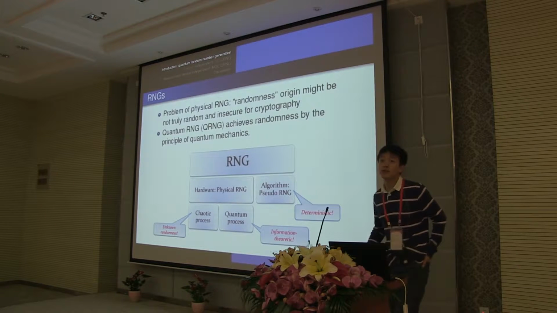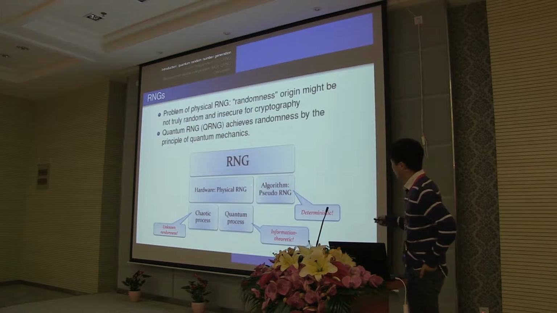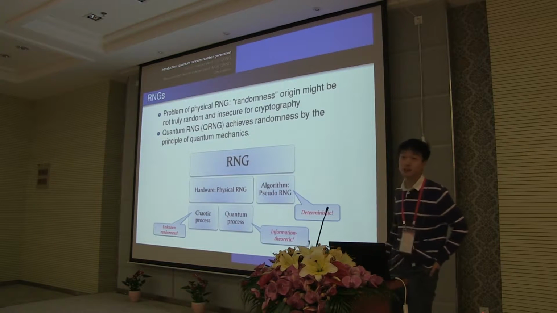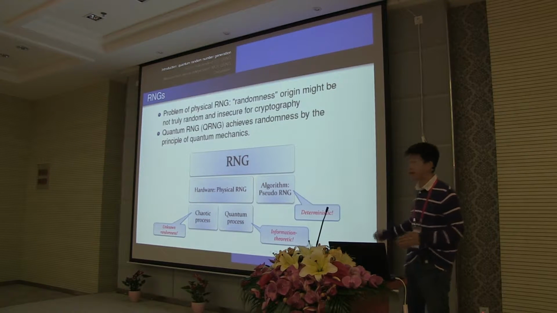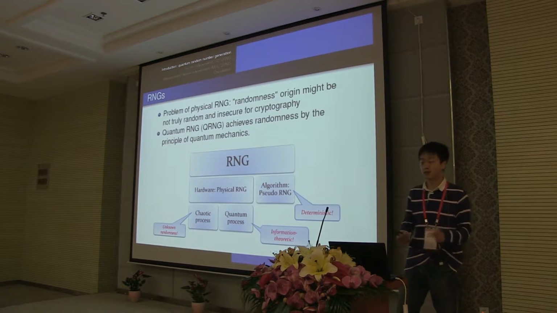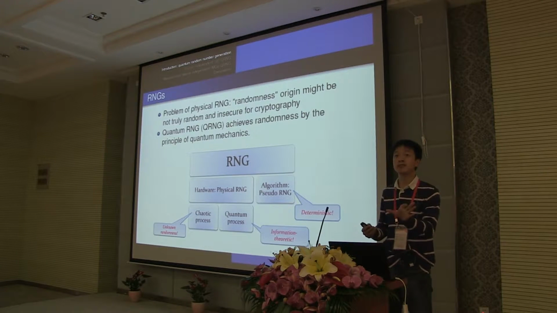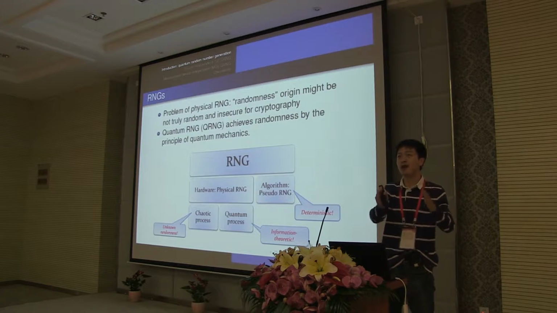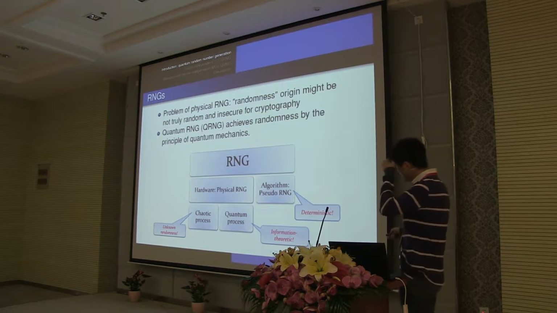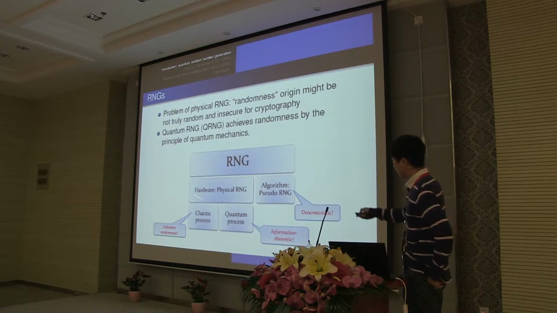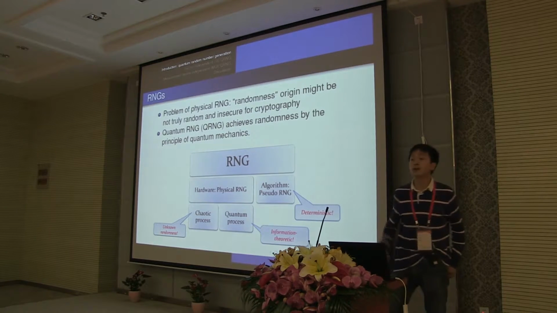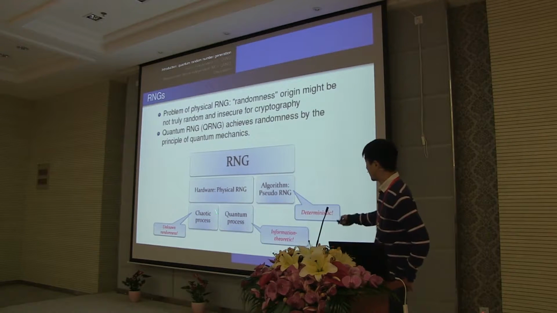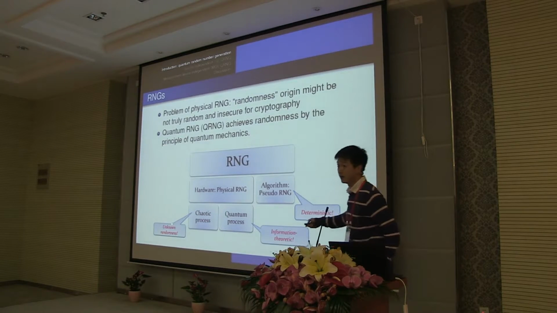So there are a few types of random number generators. One is the software-based pseudo random number generation, which is deterministic. For any deterministic algorithm, you cannot increase the randomness. As long as you have inputs of randomness, that's how much randomness you can generate. And then we also have physical random number generators. Looking at 20 years ago, we had lots of so-called hardware random number generators, which are based on the